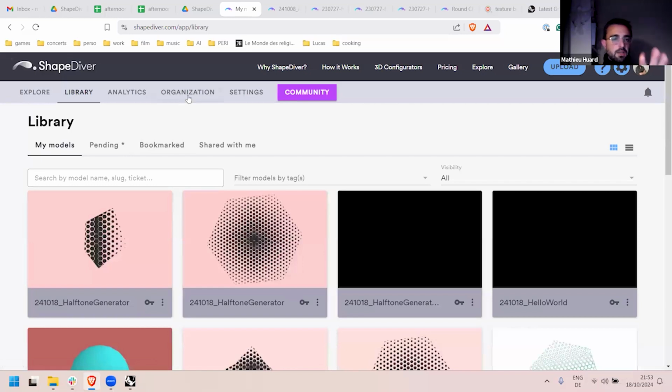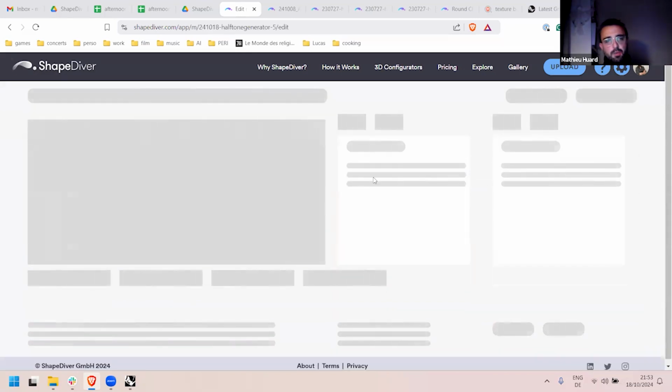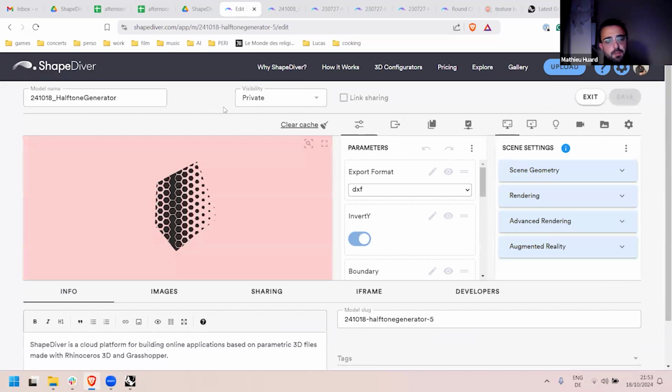I can quickly mention the organizations later. If you have an organization, you can always make things visible to your entire organization or share with people inside the organization. But in a lot of contexts, you might want to share something with someone that does not have a ShapeDiver account. And the first simple way to do this is to enable link sharing. That's something you can do while keeping your model private, right? You can enable link sharing here